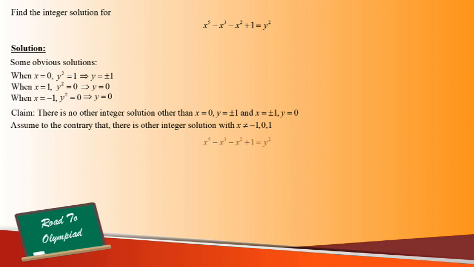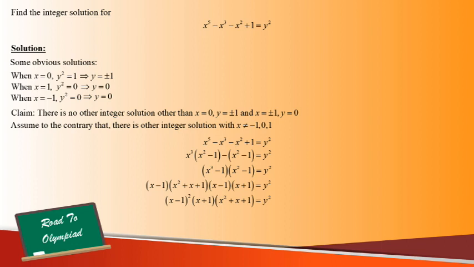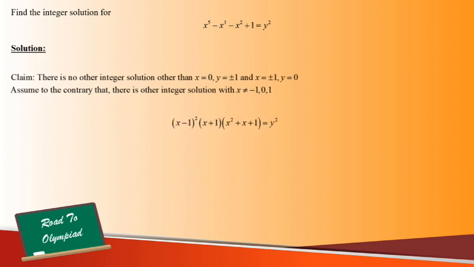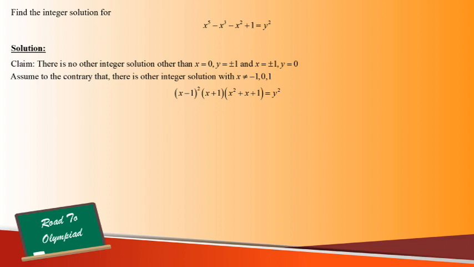Notice that we can factorize the given equation this way, and we'll come to x cubed minus 1 times x squared minus 1 is equal to y squared. This can be further factorized this way, which simplifies to this final equation. Let's tidy up the screen. Now, from the assumption, x is not equal to 1. So we know that x minus 1 is non-zero. In this case, we can divide x minus 1, the whole thing squared, on both sides,